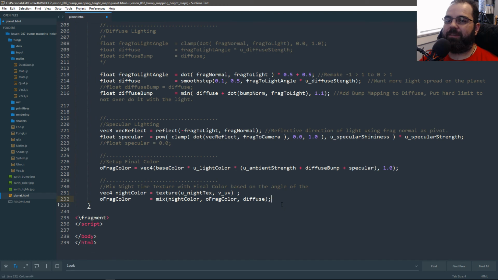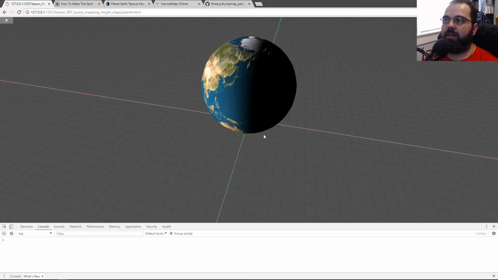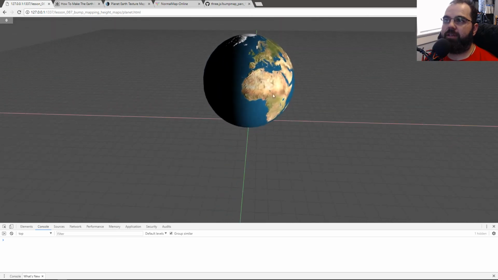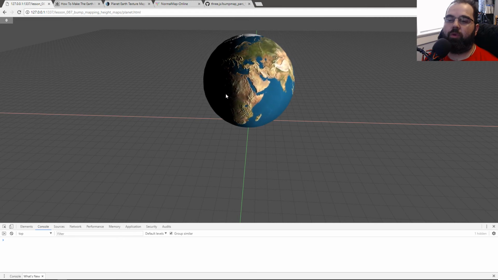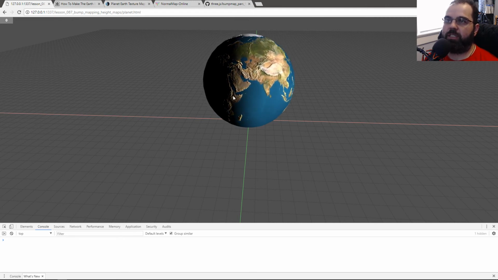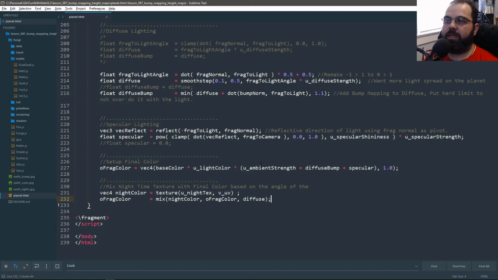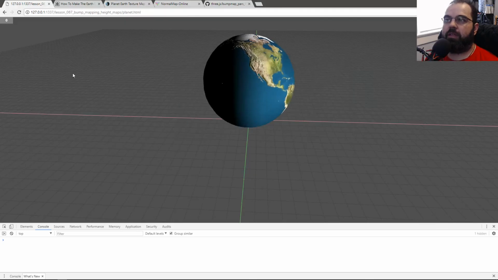No bother. I was going to just show you the gradient by itself, but I think you kind of see the gradient. Like I said, here's the gradient, where instead of starting here, it starts more past the halfway point. So there's a nice gradient from black to white being generated using the diffuse lighting. I'm using that as a way to also mix between one texture and our fully lighted texture, because the nighttime doesn't need lighting at all because it's nighttime. So if I click that and refresh,